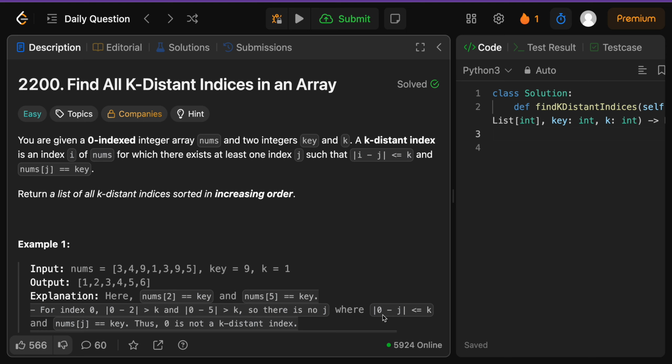Hey everyone, welcome back, and today let's solve Leetcode problem 2200 titled Find All K-Distant Indices in an Array. So we're given a 0-indexed integer array nums and two integers key and k, and a k-distant index is an index i of nums for which there exists at least one index j such that the absolute value difference between the two indices is less than or equal to k and nums at j is equal to key,